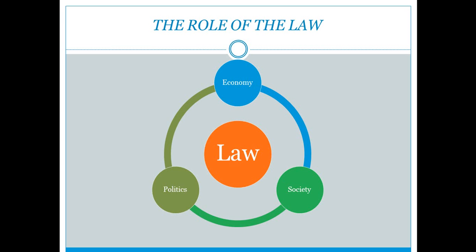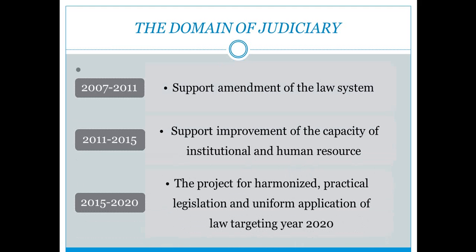In this situation, Japan is cooperating with Vietnam in the field of judiciary and is focusing on improving the civil and economic law. In the period of 2007 to 2011, Japan supported amendment of the law system. From 2011 to 2015, they supported improvement of the capacity of institutions and human resources. From 2015 to 2020, Japan is going to implement the project for harmonized, practical legislation and uniform application of law